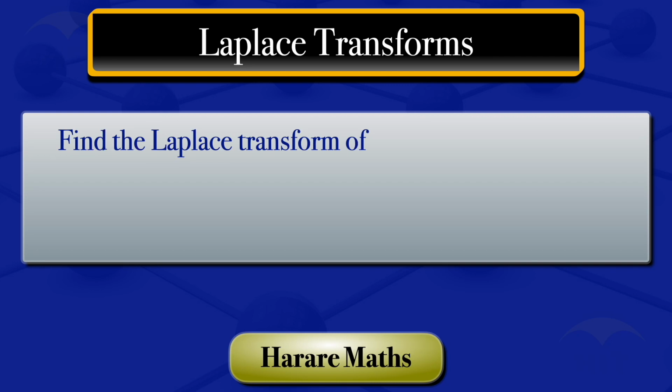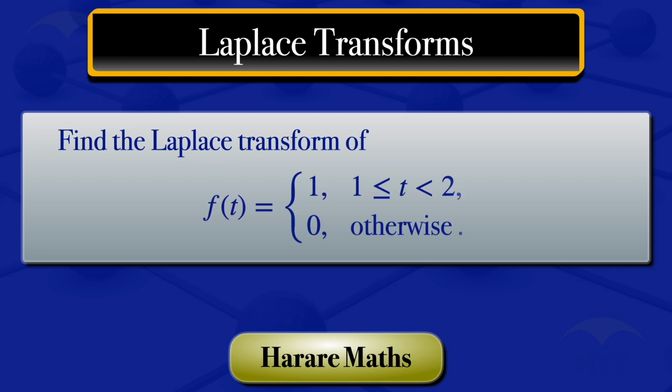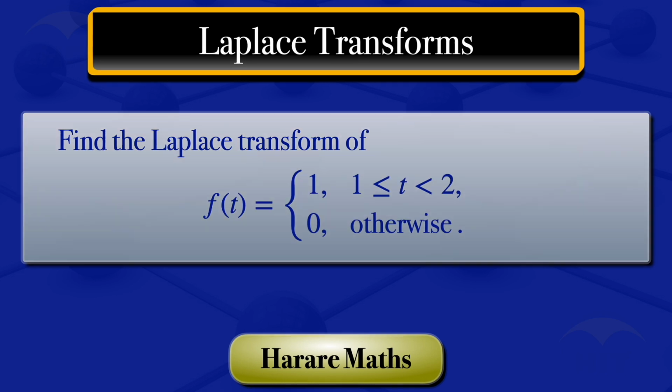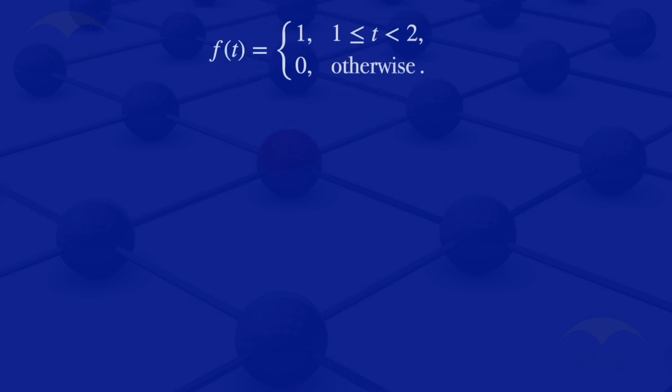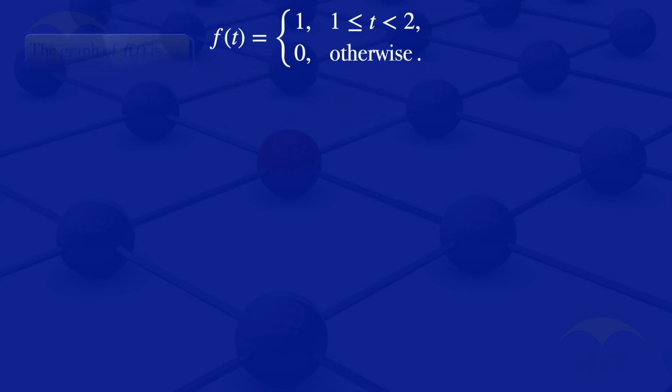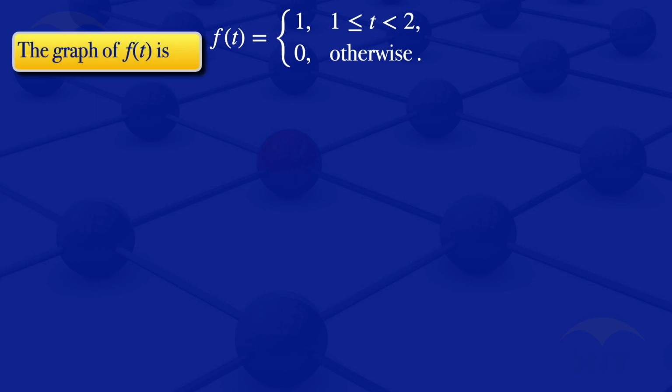In this tutorial, we're going to find the Laplace transform of f(t), which is 1 when t is greater than or equal to 1 but less than 2, and 0 otherwise. So given that function f(t), I usually find it convenient to start by drawing the graph of f(t). So I'll draw that graph, and I have my horizontal axis there, which is t,